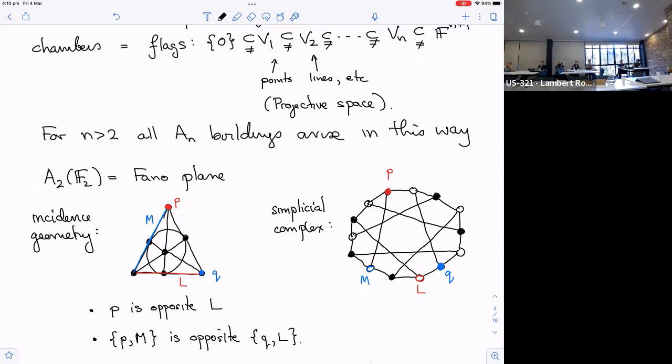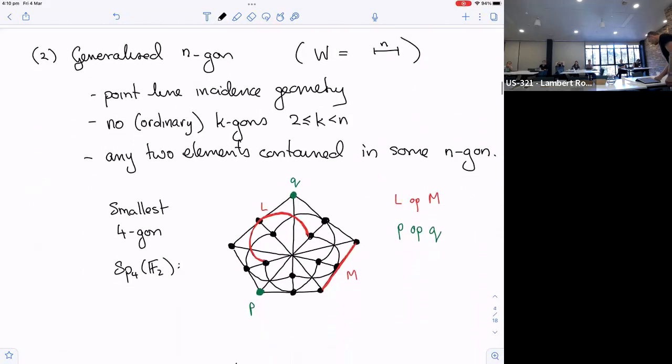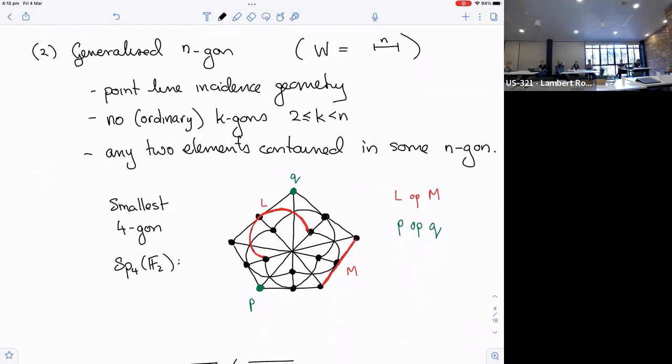What I've written here is this chamber PM, an incident point-line pair, that's opposite this point-line pair, because the point is opposite the corresponding line, and the line is opposite the corresponding point. Then the other example, really the only two examples I can sensibly give a brief account of, are called Generalized